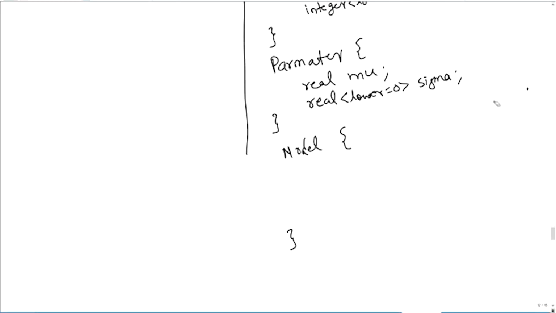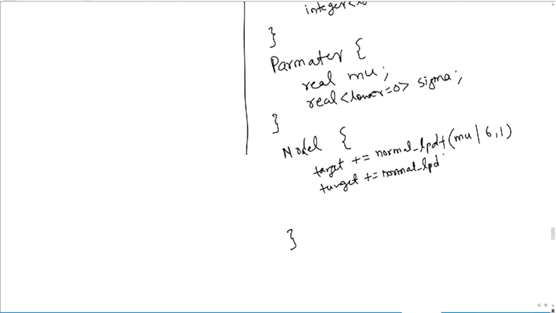I think I went in the other direction. So target, I'm just rewriting the same statement here, plus equals normal LPDF mu, 6, 1, then target plus equals normal LPDF sigma, 0.5, and then you also need to subtract something here,